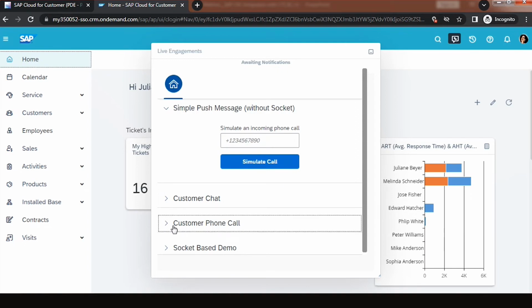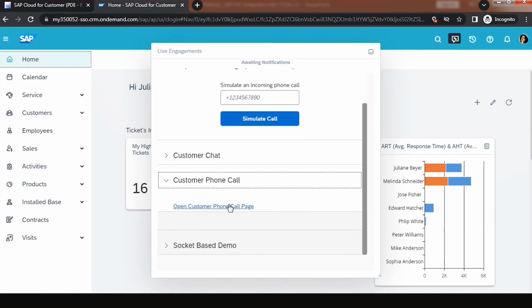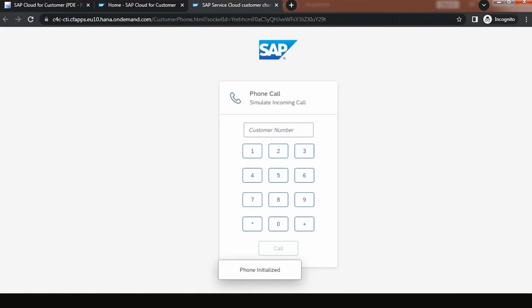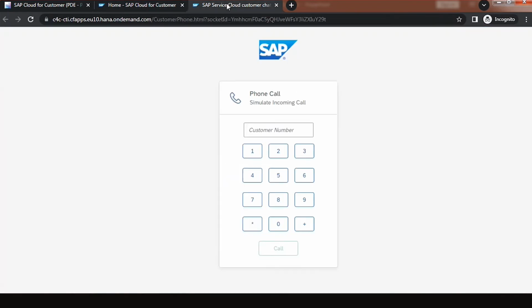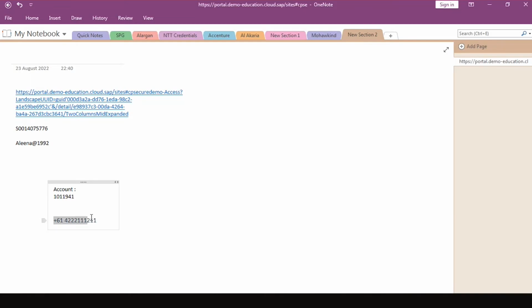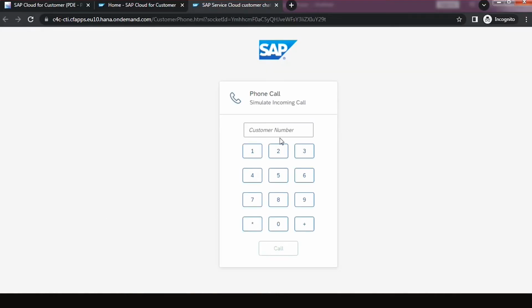I will try to simulate the calls. I will try to simulate a customer incoming call. For this, I have clicked on open customer phone call page so that I can simulate the call. I will be taking a phone number which is registered in the system, for the customer which has been registered in the system. Whenever I make a call,